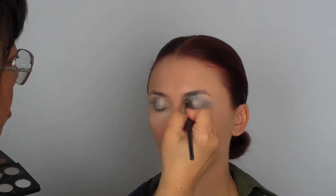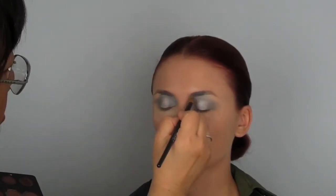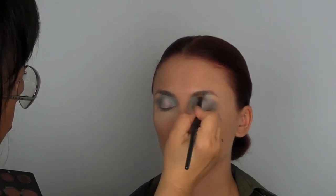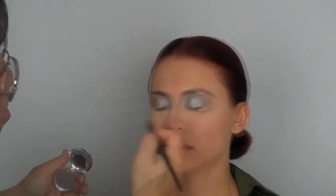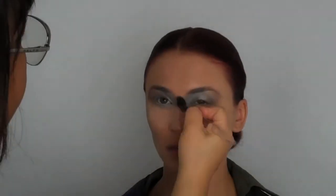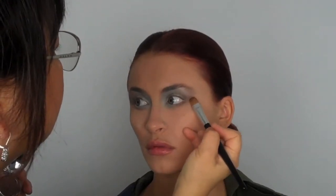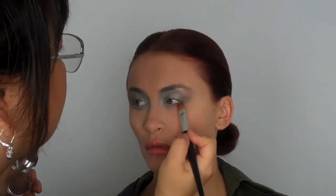And as you can see, I'm just going right along, right across the tear duct area, right in the middle, and up to the brow bone, and right along the bridge of the nose. And see how that just carries through. And using these subtle colors, but yet they're all definitely in the same family, allows this gradation to be quite subtle. So I'm taking this now brown, kind of umber brown metallic powder shadow,